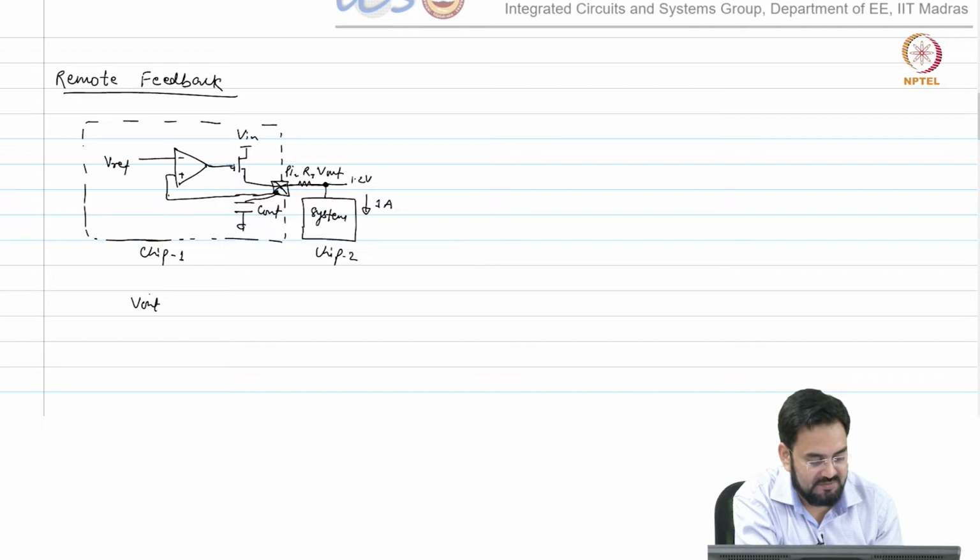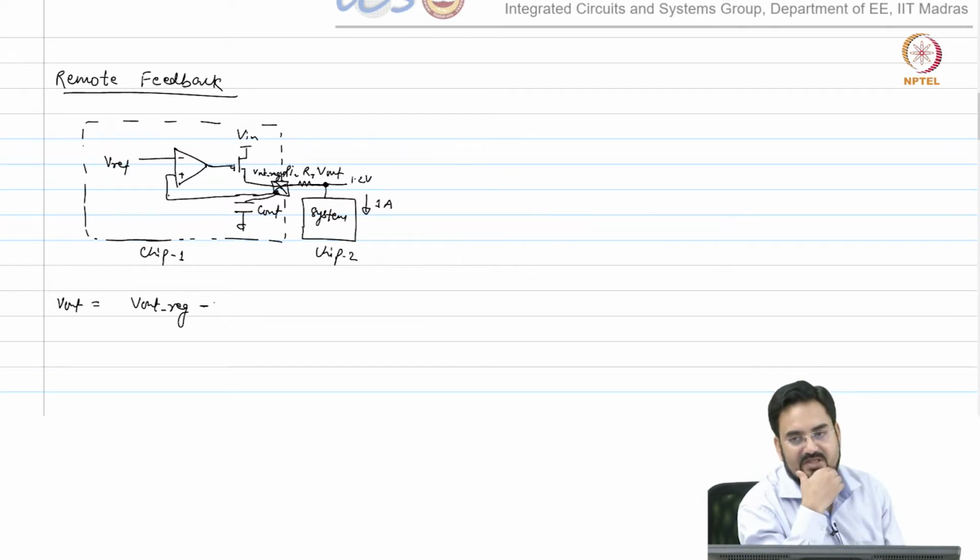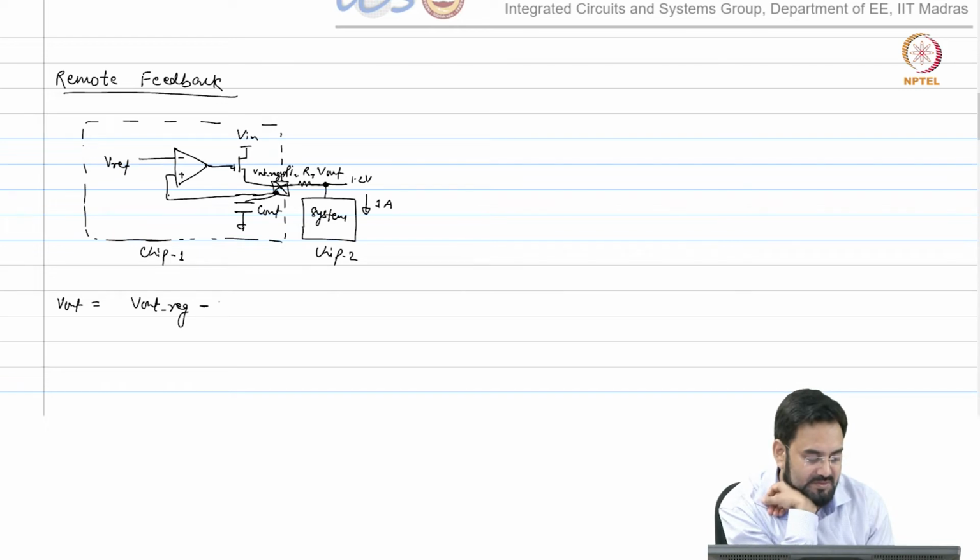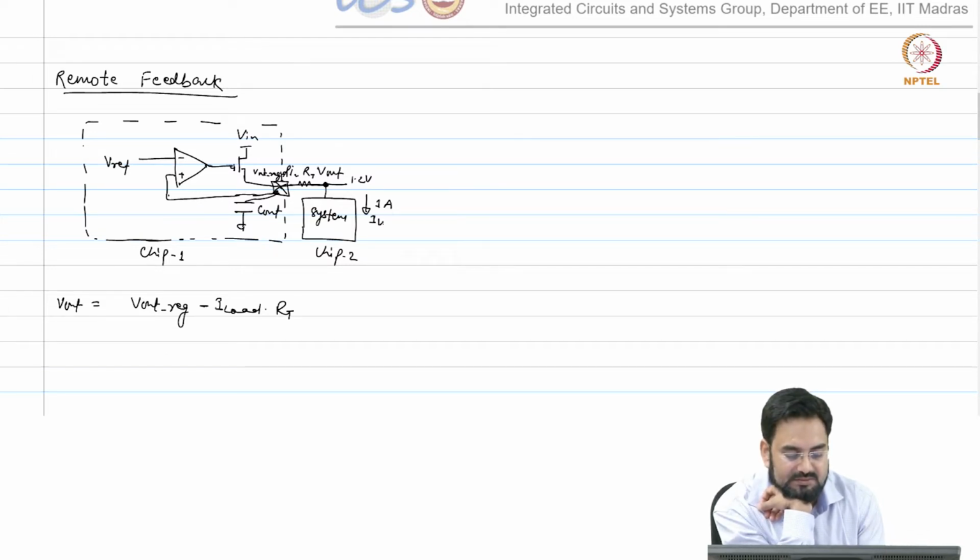If this is V out reg, then V out is equal to V out reg minus I load into RT, correct. This is your I load.